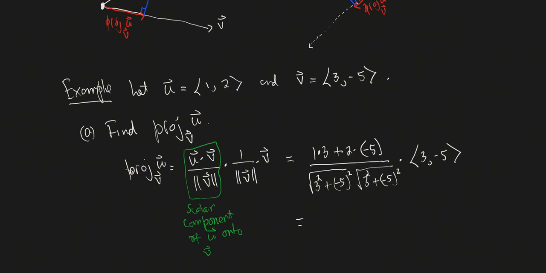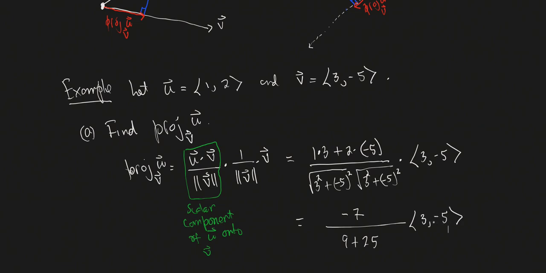All right, so how does the numerator simplify? Well, we have 3 plus -10, so that's -7. And because the dot product, which is right here, is negative, I know that the angle between the two vectors is obtuse. So it's actually the second illustration that we looked at previously. Just by finding that the dot product is negative, I know that the angle between the two vectors has to be obtuse. The square root goes away, so then I'll have 9 plus 25,